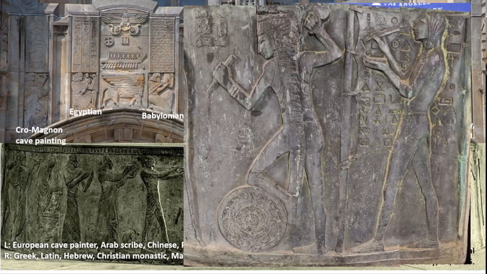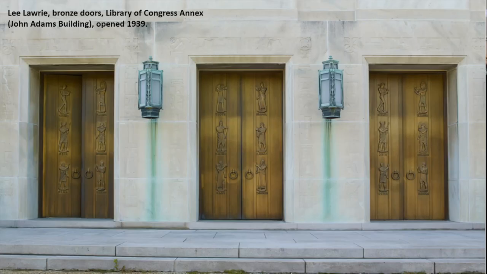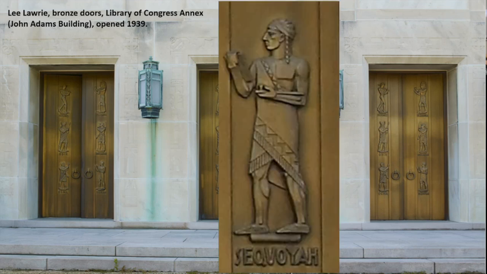The traditions of the East, meanwhile, included, along with Egyptian, Chaldean, Phoenician, Chinese, and Arab, the primitive writer of the Old World, the Paleolithic artist with a saber tooth over his head, sketching his cave image of the mammoth. So a European inspiration, apparently at home with the Eastern script inventors. For the Library of Congress Thomas Jefferson Annex, Lowry created doors featuring 11 gods of writing, script, or wisdom from many cultures, and one real person, Sequoia, whose 1820 Cherokee syllabary merits his inclusion among a number of divinities.